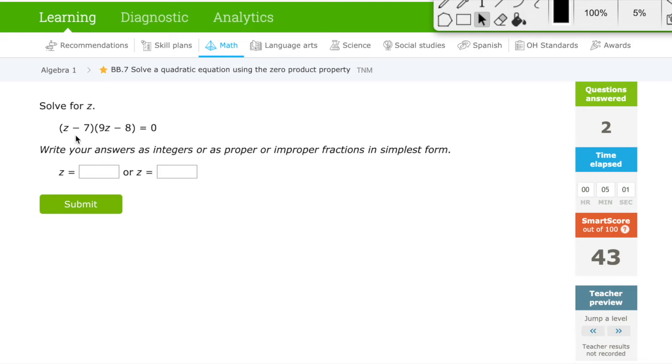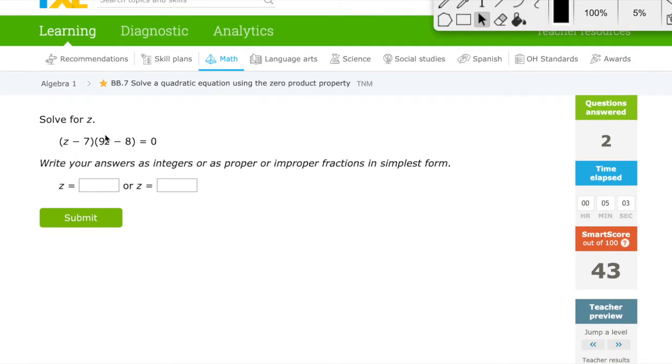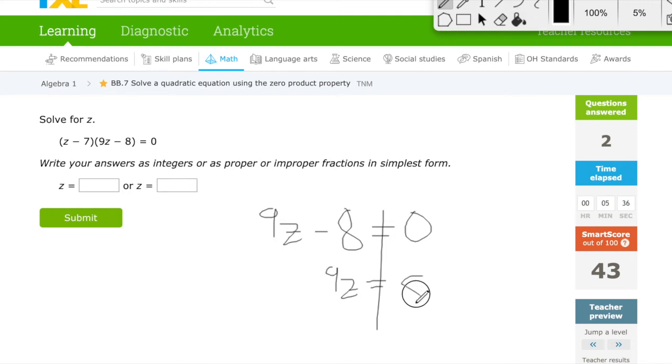I won't even show the z minus 7, it's just like the one that we were doing a second ago. This would just be a two-step equation. So if I write that out, I'd have 9z minus 8 equals 0. So a two-step equation. This time I'm adding 8 to both sides. That would give me just the 9z left over on one side equals 0 plus that 8, which would be 8. And then if I divide both sides by 9, I'd get z